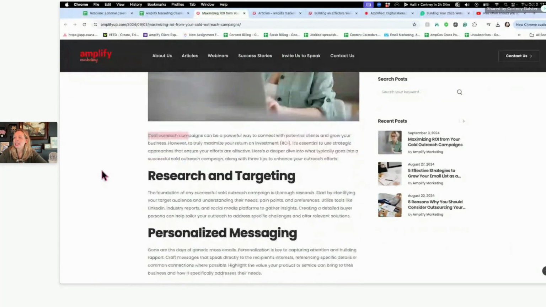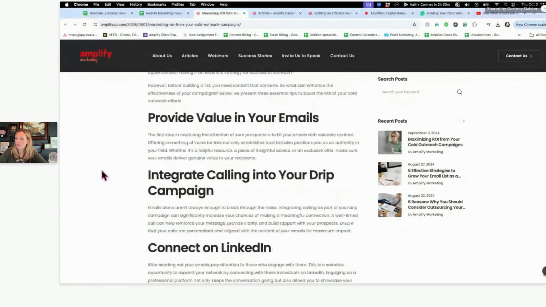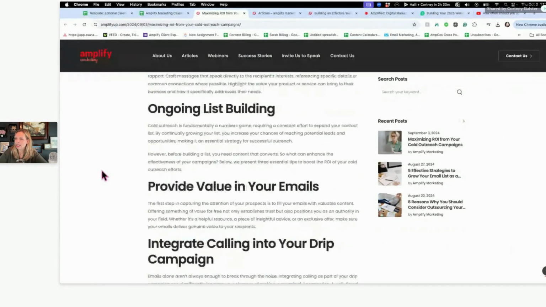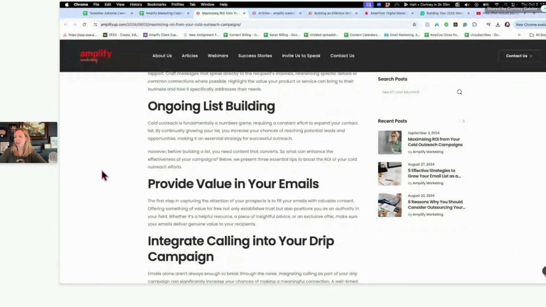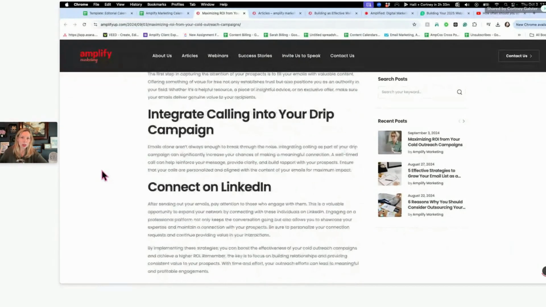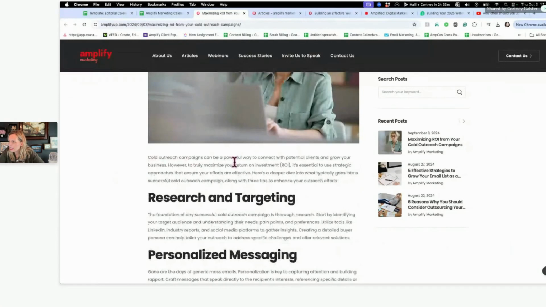And then I would say, 3 tips we cover in this article: research and targeting, personalizing your messaging, how to build your list, and what to do to provide value in your emails. Or, I could pull 3 of the tips from this particular article to share as bullet points with emojis in my actual post. So what that might look like for this post is,